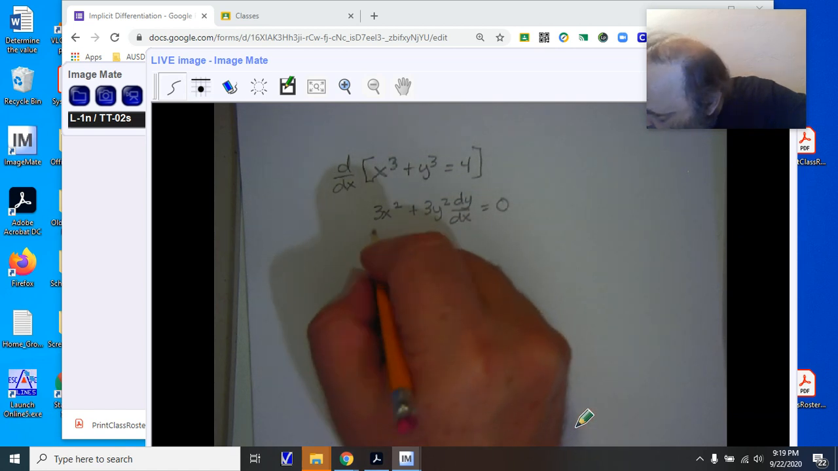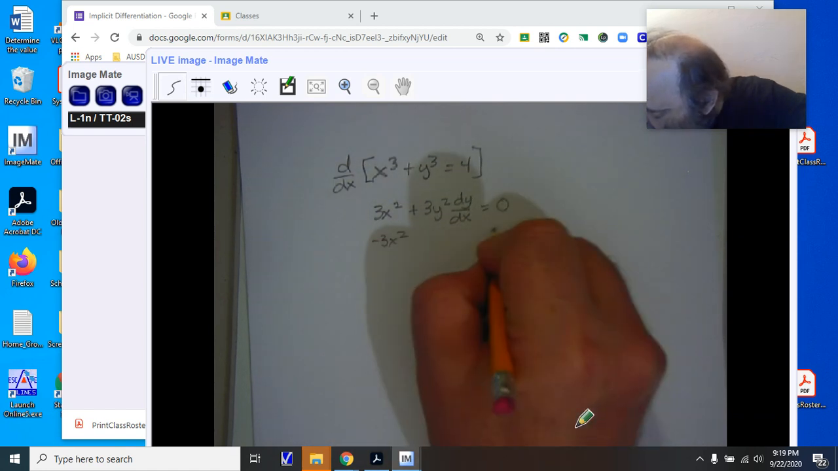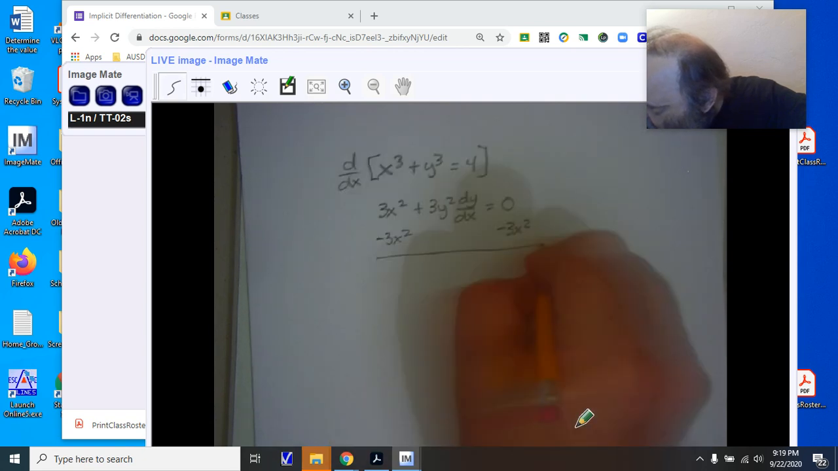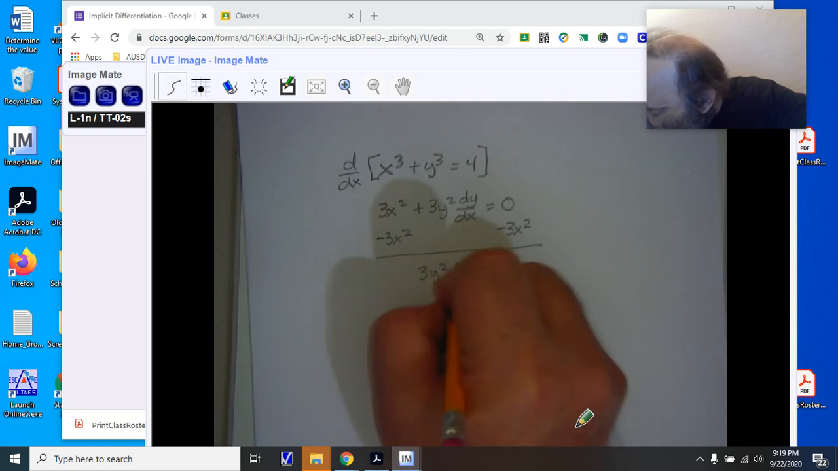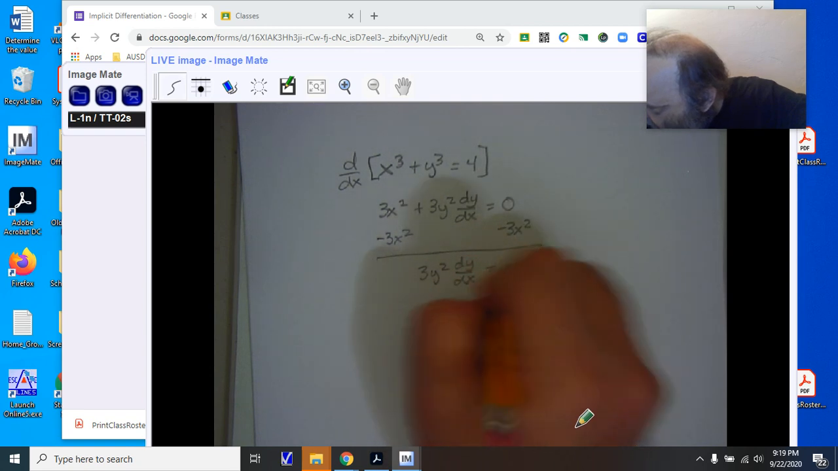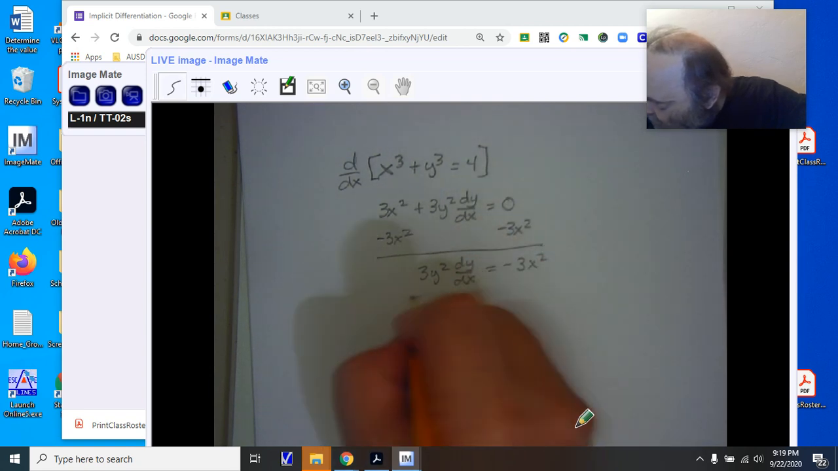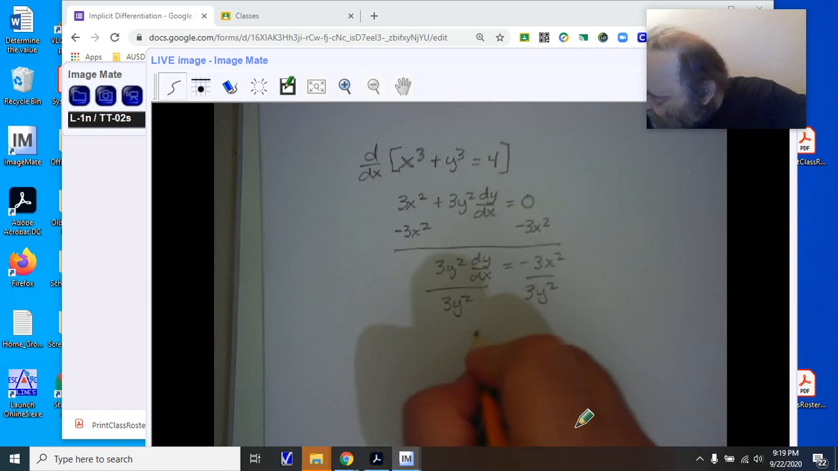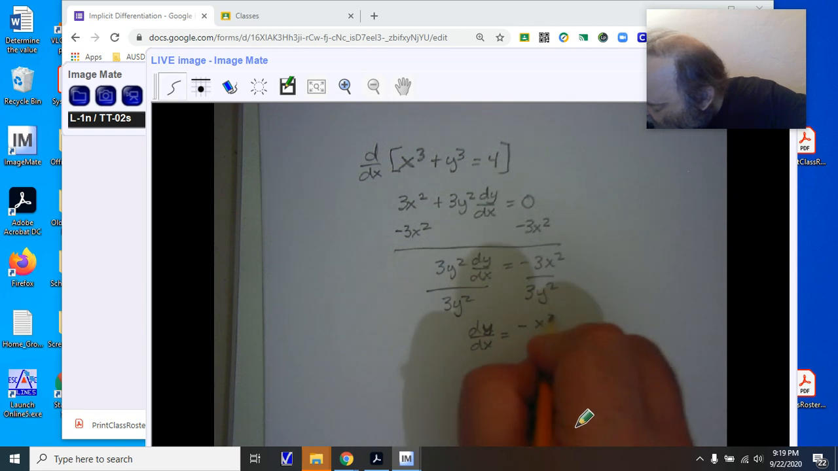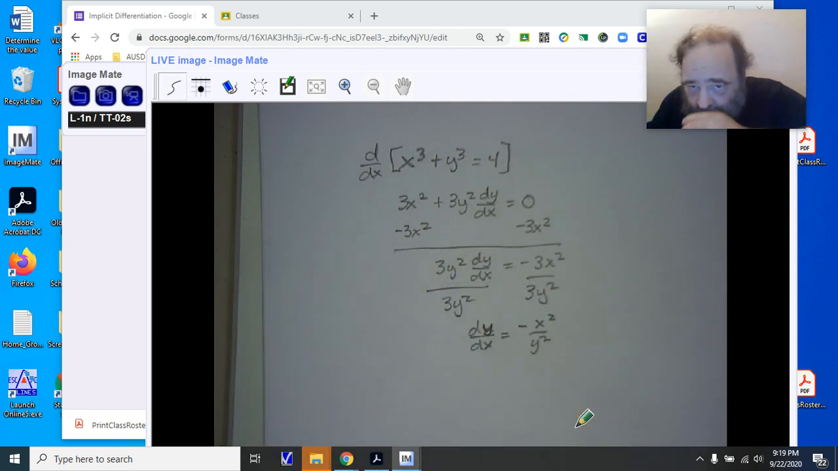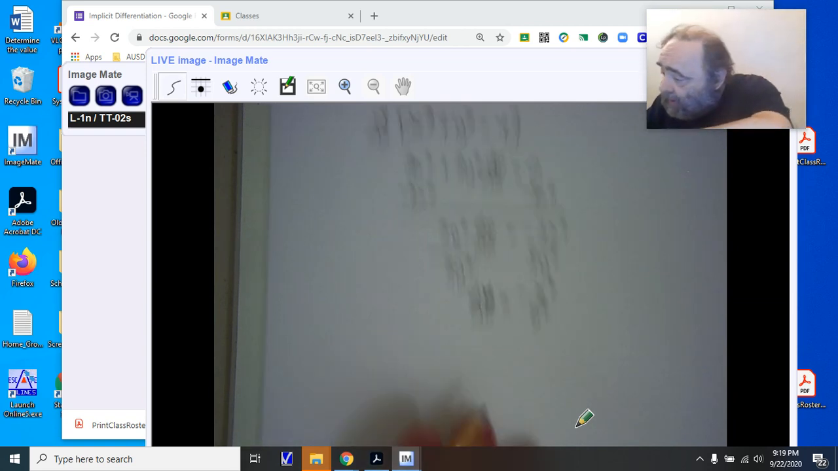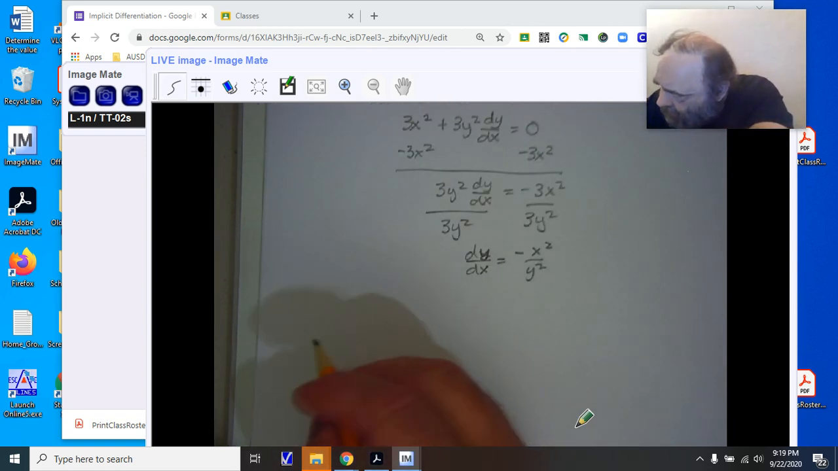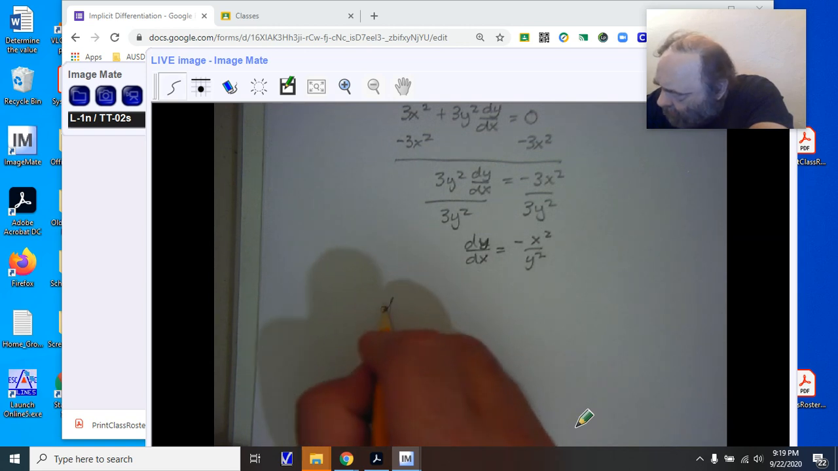So we're going to have to start by subtracting our 3x squared from both sides. We're then going to take the 3y squared dy/dx, and we're going to divide by the 3y squared on both sides. Now this allows us to clean it up and get dy/dx equal to negative x squared over y squared. Now we could do this with anything. So we could do another one and we could say, all right, let's make this slightly different. Let's go